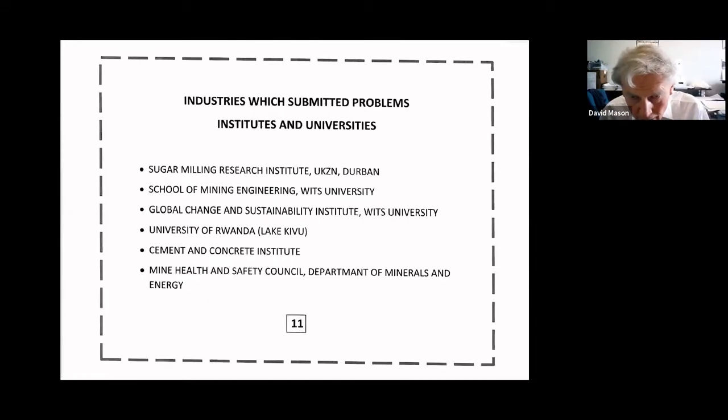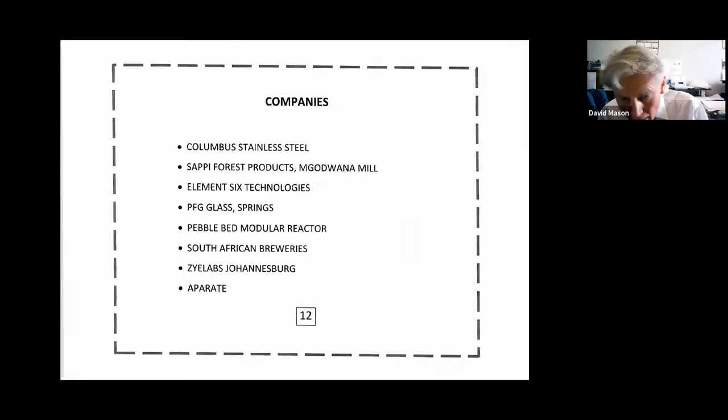The industries which submitted problems, institutes and university, Sugar Milling Research Institute in Durban has submitted a lot of problems. The School of Mining Engineering at WITS has a lot of problems. Global Change and Sustainable Institute, WITS University. University of Rwanda, that's from the rest of Africa. The cement and concrete industry in the early days, and also in the early days, the Mine Health and Safety Council. Now the companies, Columbus Stainless Steel, Sapi Forest Products,